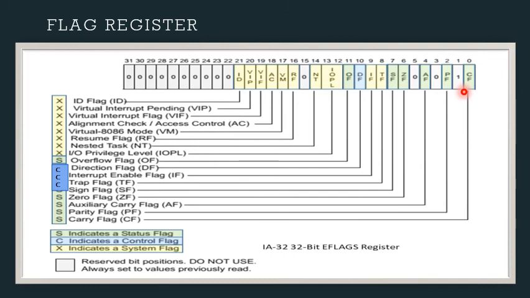The lower 15 bits of the flag register of the 80386 are the same as the 80286 microprocessor. Only 2 flags are newly added to the 80286 flag register to get the flag register of the 80386. The 2 new flags are the VM and RF flags.